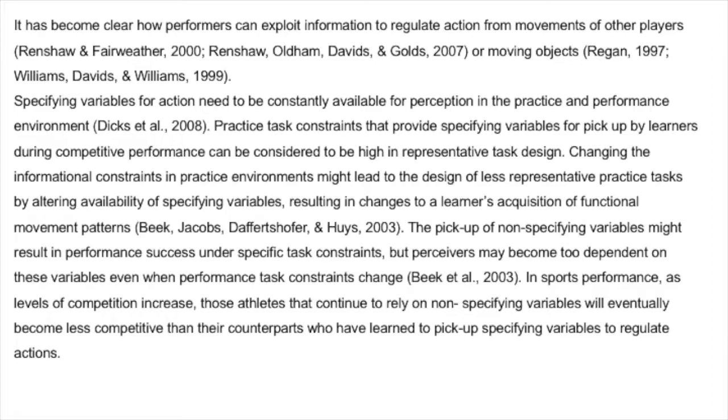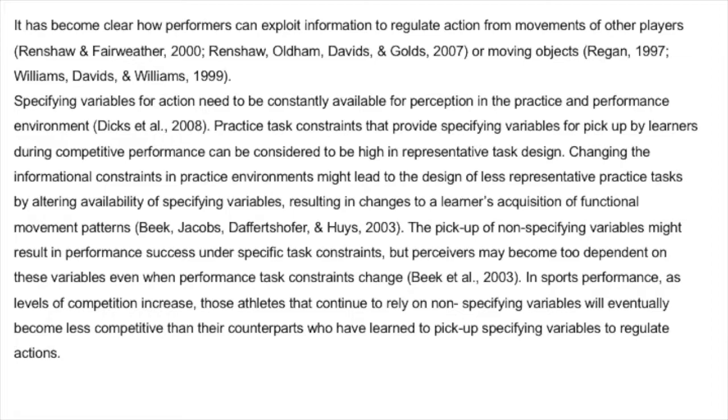It has become clear how performers can exploit information to regulate action from movements of other players. Specifying variables for each action need to be constantly available for perception in the practice and performance environment. Practice task constraints that provide specifying variables for pickup by learners during competitive performance can be considered to be high in representative task design. Changing the informational constraints in practice environments might lead to the design of less representative practice tasks by